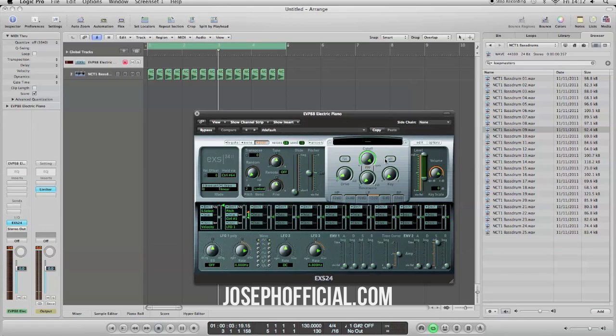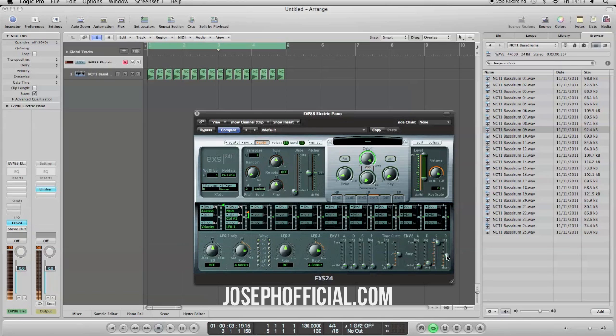When you use EXS24, I'm using Logic 9 by the way, you get this really basic little sine wave sound, which is perfect. It's exactly what I want. Now if you look down at envelope 2, you can see that we've got an attack down low, so we're going to keep that there. I'm going to turn the decay up just a tiny little bit, and then our release we're going to turn up to just before half, and now we're getting a little tail to it. And we've got this really nice